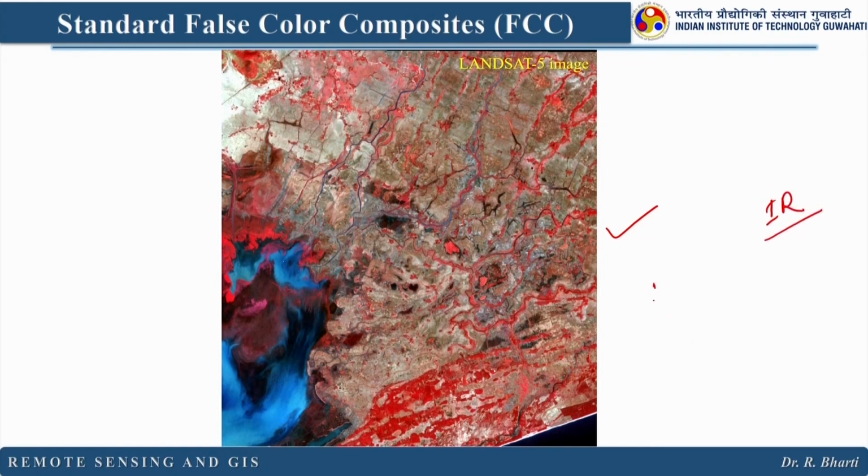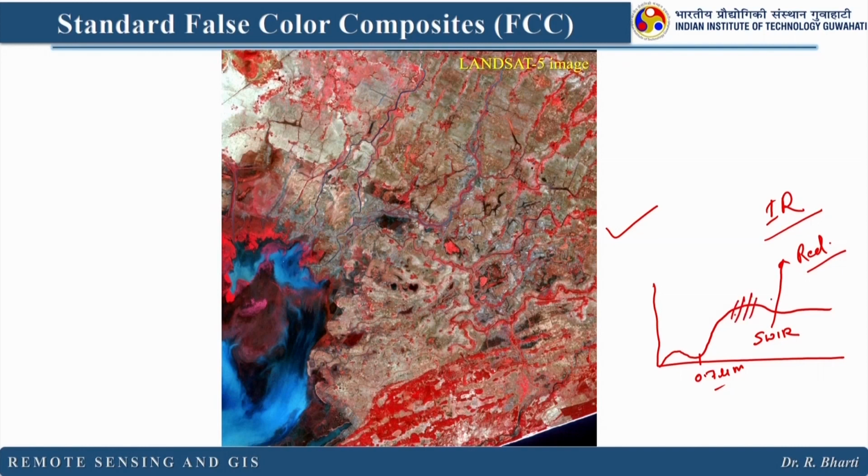Now, do you remember that vegetation curve, that it was something like this, and this is basically SWIR. Now, this is 0.7 micrometer. So, you have assigned red color to this particular band. So, your vegetation will appear in red because they are having maximum reflectance in this particular area. So, that is why if you have used a standard false color composite display, then red color of your image